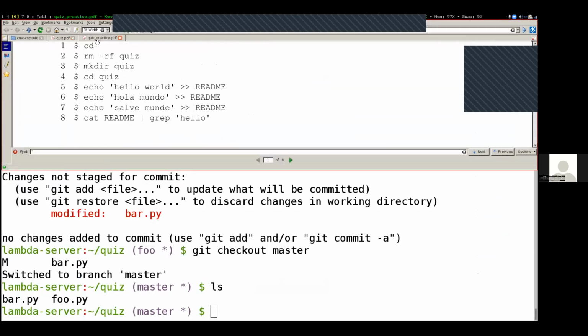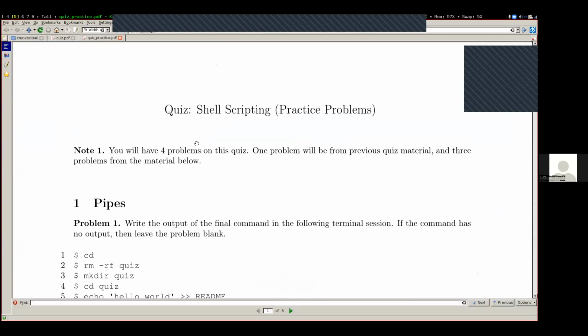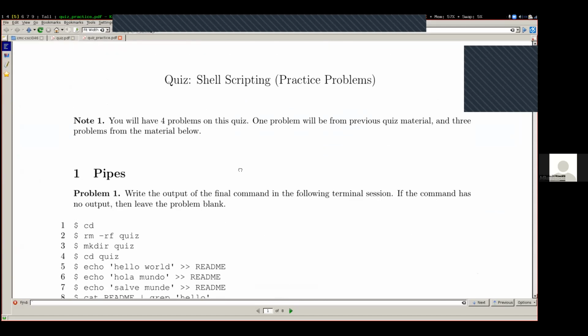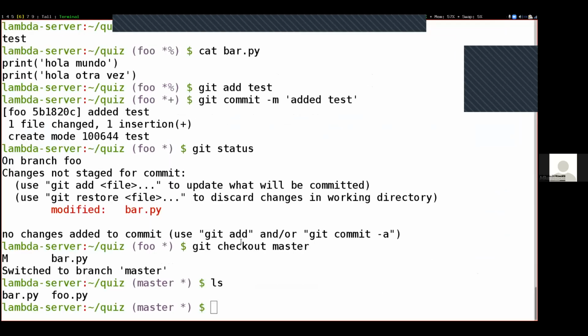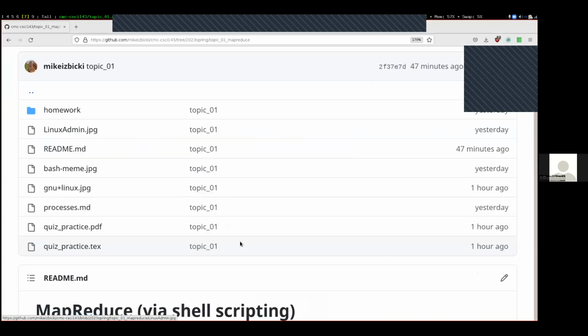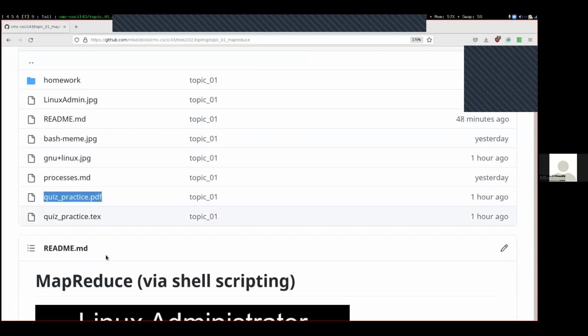So yeah, besides the quiz for today handout, there's this other shell scripting quiz. This next Wednesday's quiz will come from the material on this handout right here. And so I definitely recommend having this out, taking notes as we go through things today. If you want an electronic version for whatever reason, under our topic right here, quizpractice.pdf, that's where the electronic version